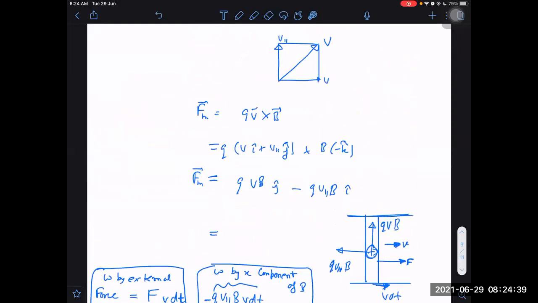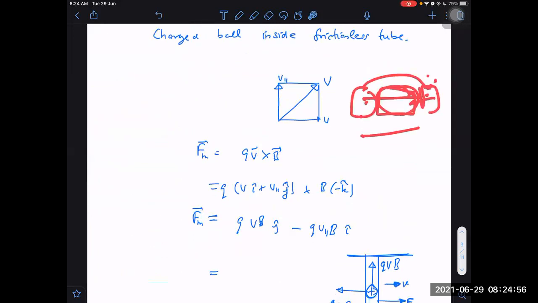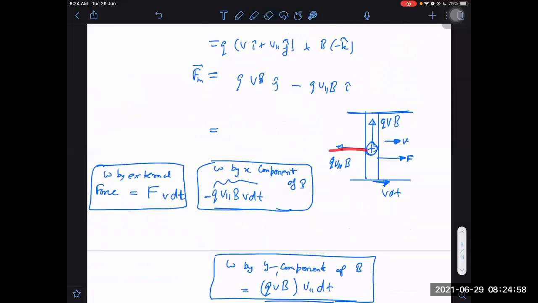Something like tension. That's why I gave the example of the tension in the beginning. If I have two masses here, the net work done by the tension is zero. But it is just doing one thing here, that it is transferring the energy from one side to the other, but overall it is not doing any work on the system. On one it is doing positive work, on another it is doing negative work. Net work done is zero. Similarly, for this magnetic force the net work done is zero, but it is just transferring the energy which it could have gained in X direction to energy gained by it in Y direction.